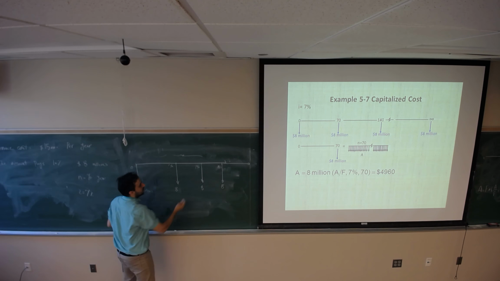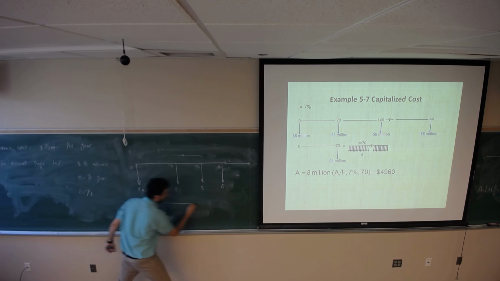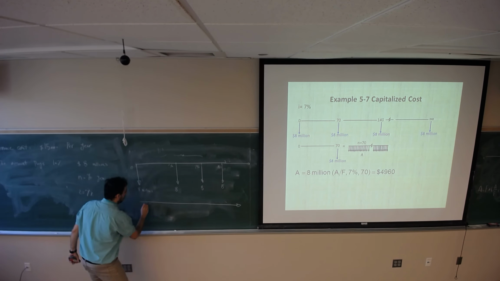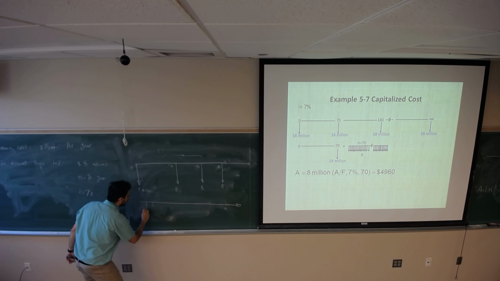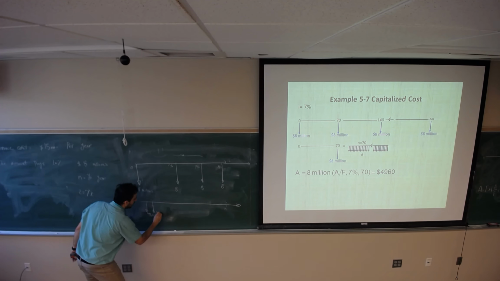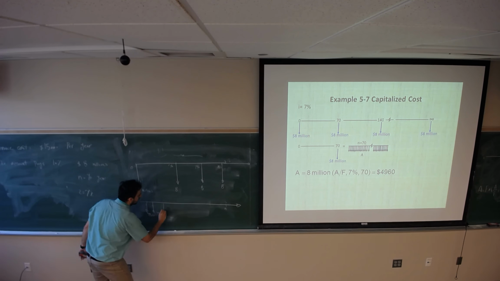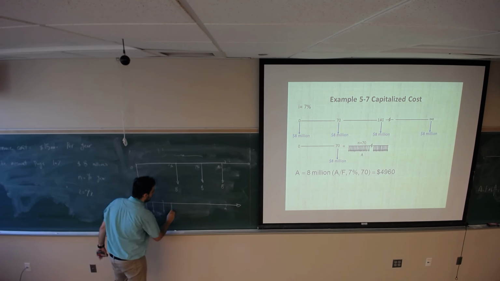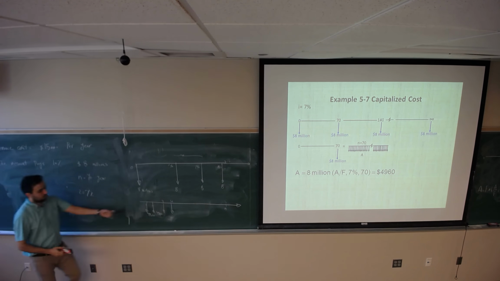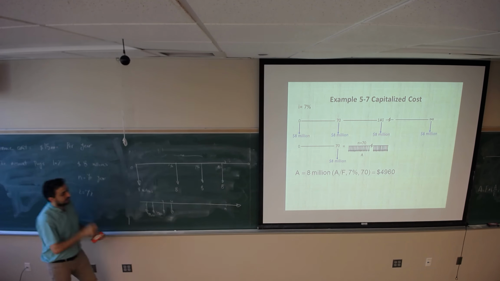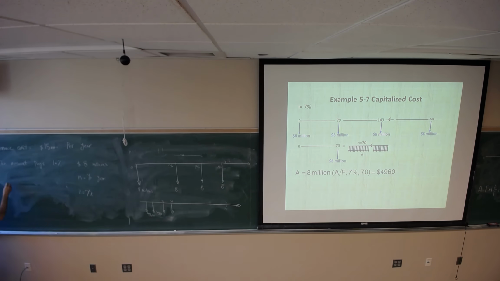Now the problem changes: every year you want to withdraw or spend $49.60. It's a capitalized cost problem. You want to withdraw $49.60. What would be the P? P1 would be